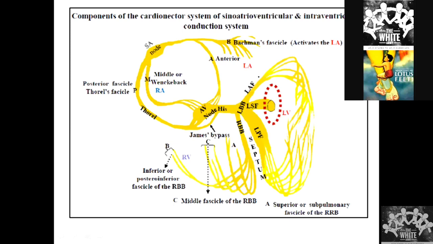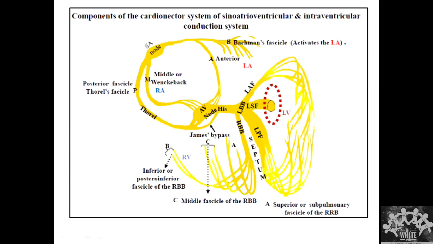Okay. So when do we suspect a bundle branch block? So what will happen if there is a block? Let's understand that. So that makes it easier to suspect a bundle branch block. So we know that the depolarization of the ventricle is represented by the QRS complex. So the key to identifying a bundle branch block would be to look at the QRS complex. So you look at the QRS, you will know what is happening.